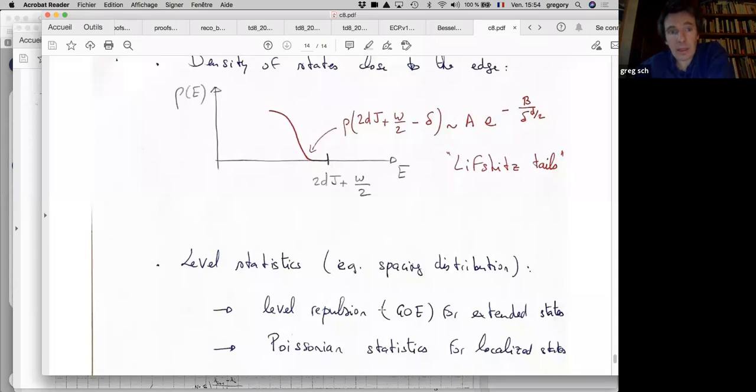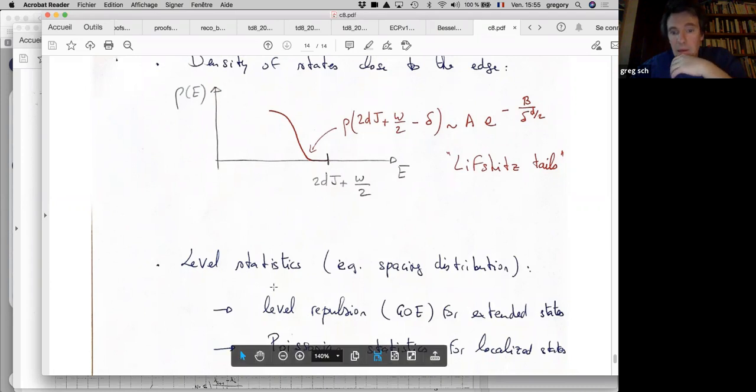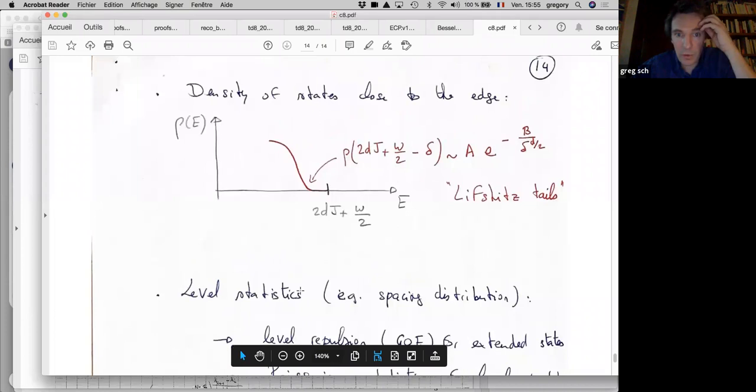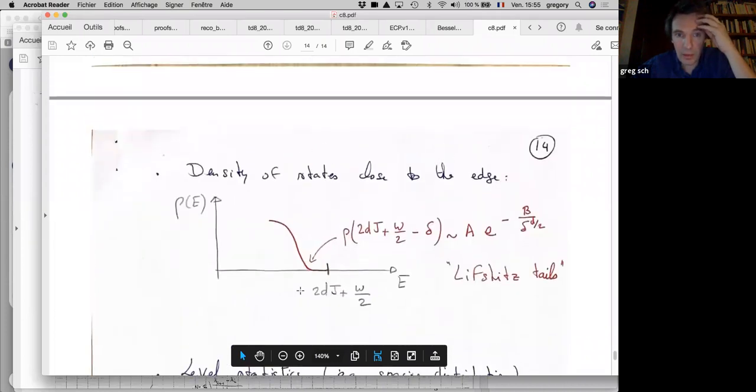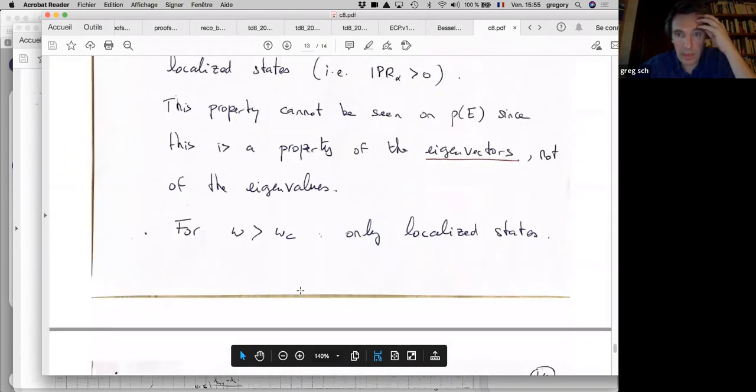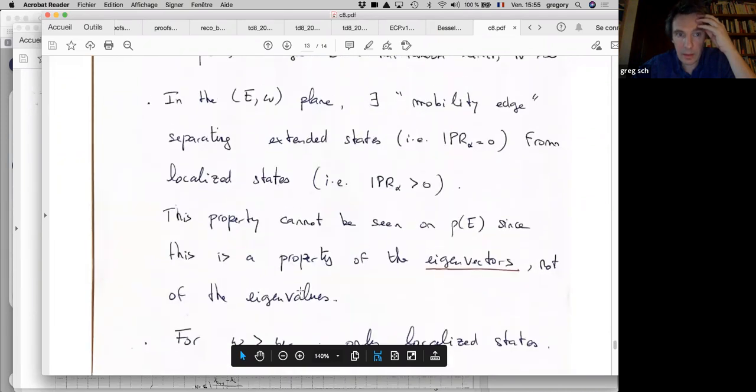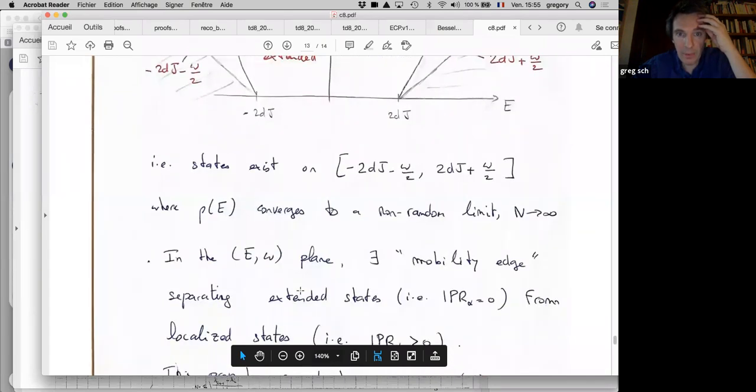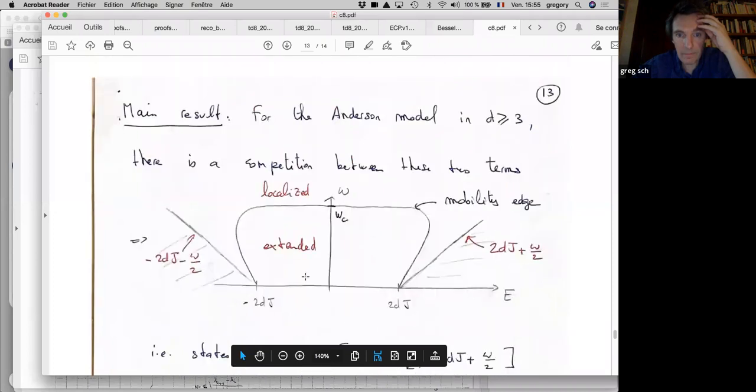And it turns out that if you look at the Anderson Hamiltonian, and if you look at the level spacing, for instance, the local statistics of the extended states, then you will see that they are actually extremely well characterized by GOE. So that means that in this part of the phase diagram, if you look at what happens in that region,